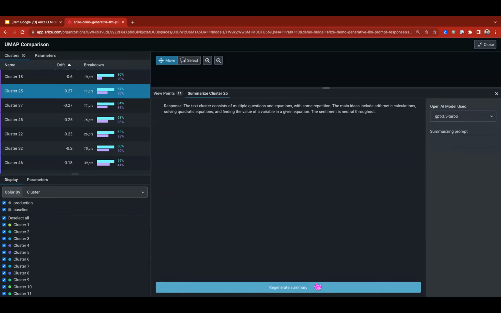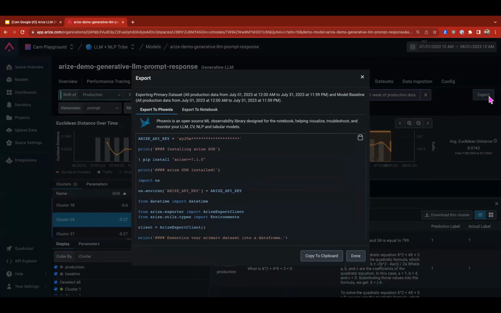The last part about observability is making sure that we actually know what to do next. Find what's driving the imbalances between production and the vector database. The last thing we're going to want to do is try to export that data. Offline, we have a whole suite of open source tools that goes by the name of Phoenix. You can export this data from our product, go back into Phoenix, and work in a notebook with a lot of these visuals and user flows. So we're working together offline on more granular technical analysis.